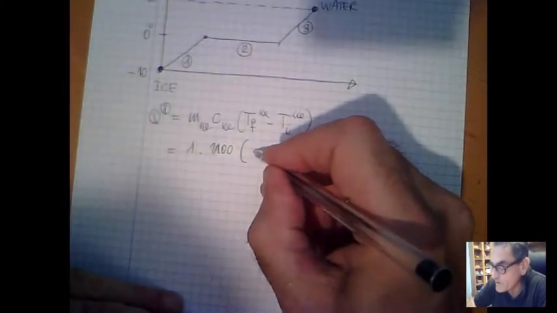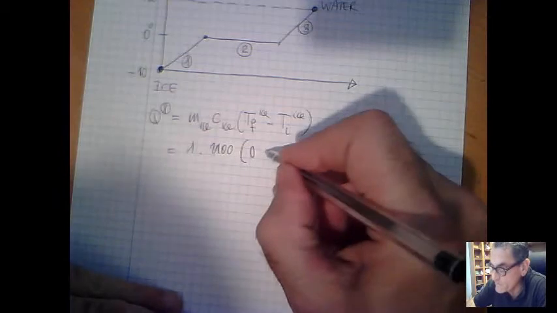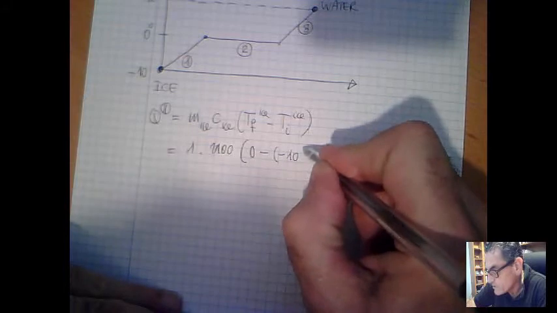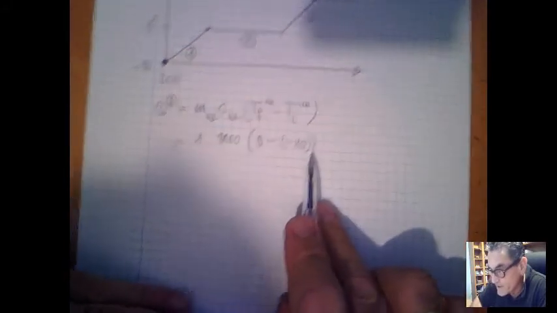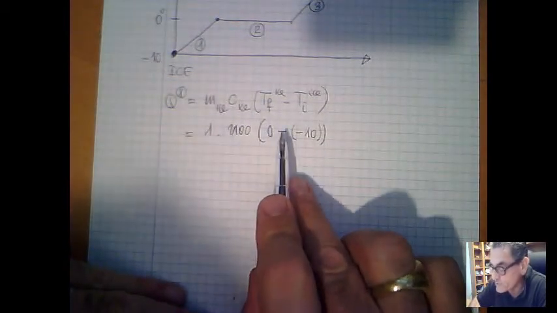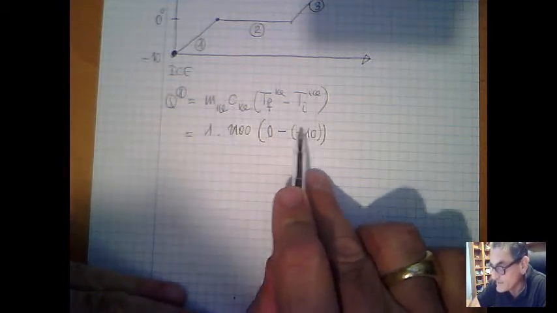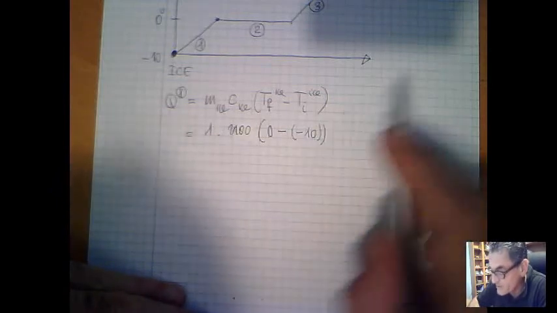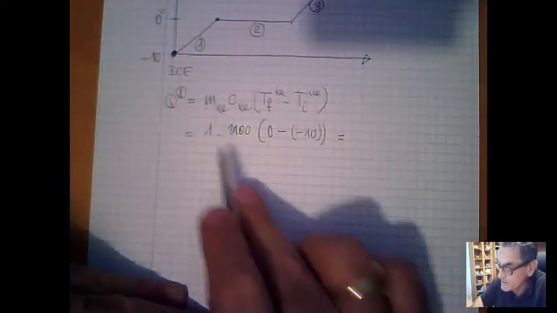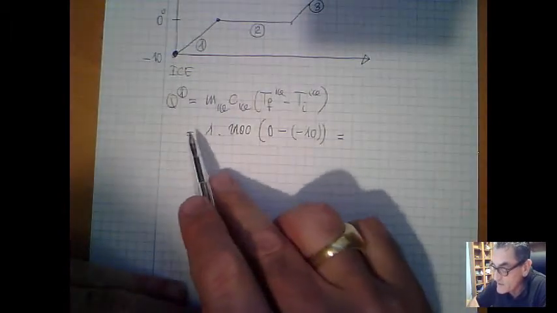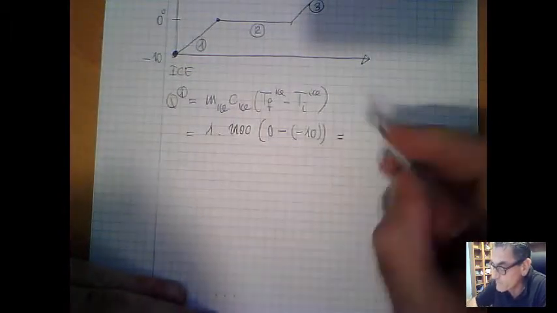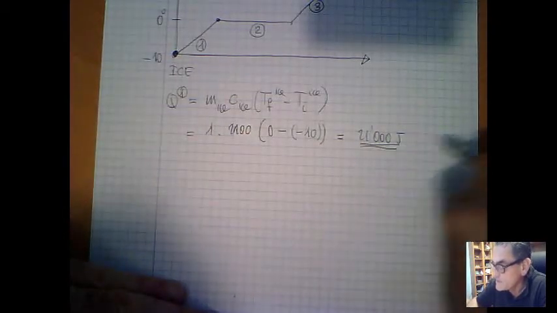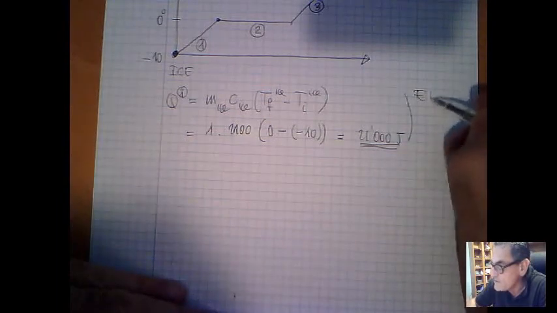And then the fusion temperature of ice is 0 degrees, of course, minus the initial temperature of ice. Be very careful with the signs. It's final temperature minus initial temperature. The initial temperature is minus 10, and so here you have a plus. Don't let yourself get fooled by this kind of thing. So it's 2,100 times 10. It's 21,000 joules. This is the energy needed